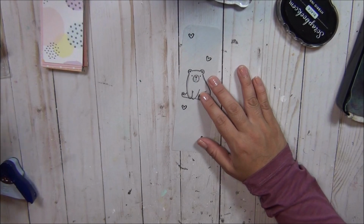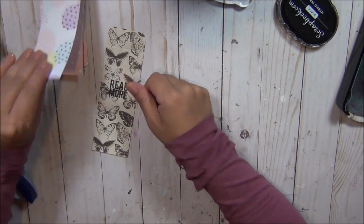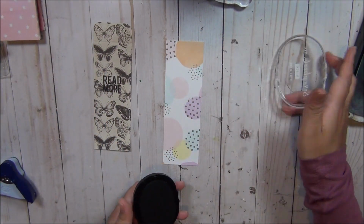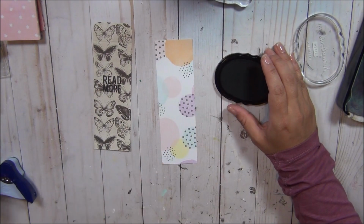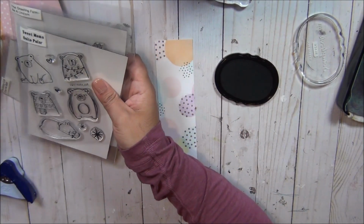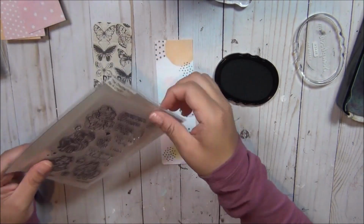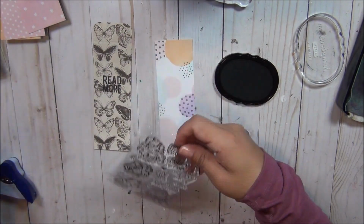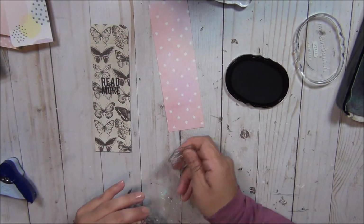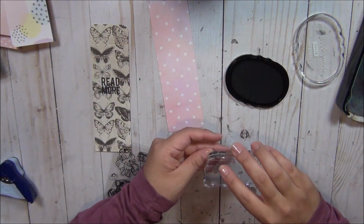Okay, so I'm gonna move that aside. Let's do another one so then I could show you what I'm doing. So let's stamp. Should I stamp a little? Let's stamp a little pony. Actually, let's use this one. Eventually, I'm gonna end up using all of them, but let's use the little pony, and we're gonna make this